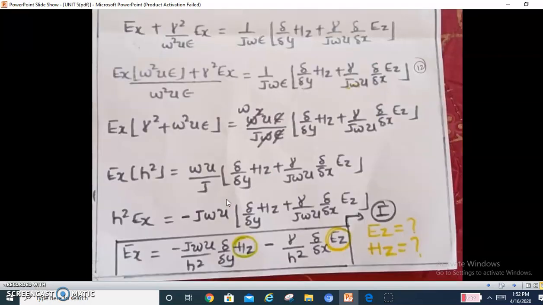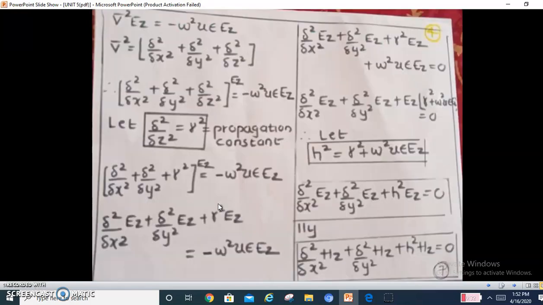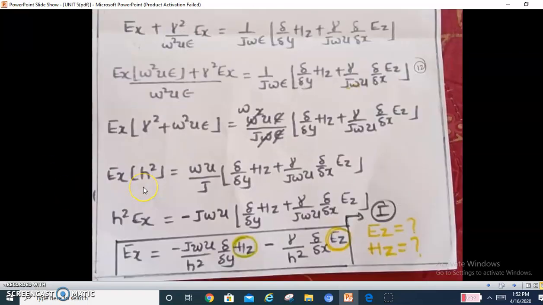So for the conclusion, I can say that you have taken the basic wave equation, then you have taken the Maxwell two equations, you have solved this one, and then